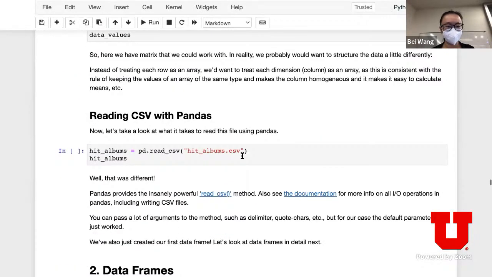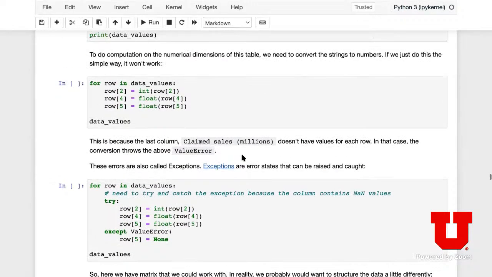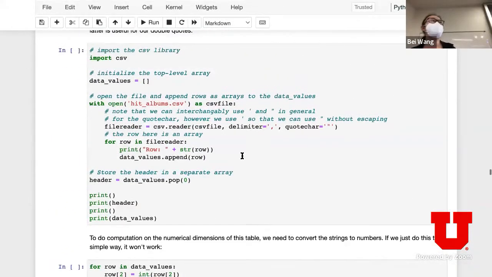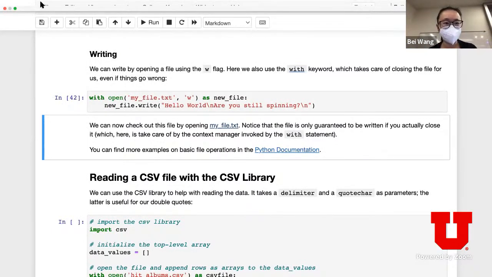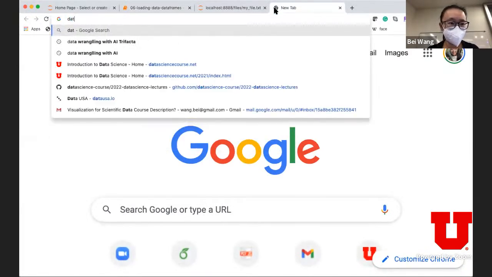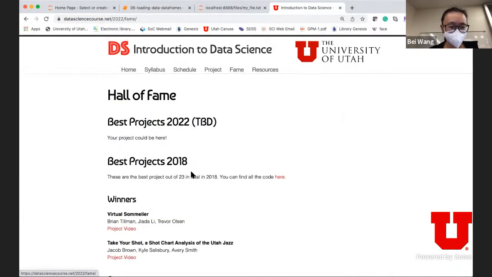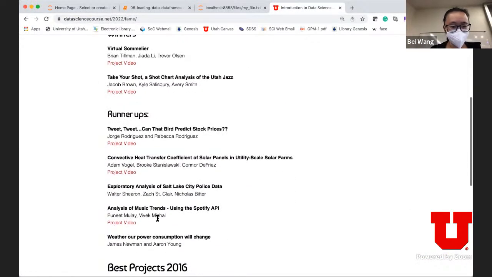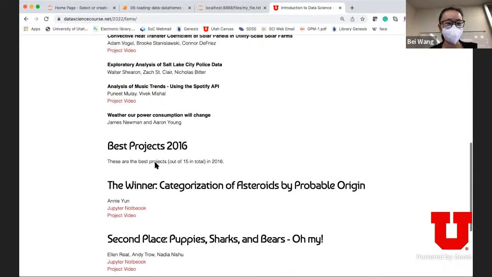I had a question. Yeah. Are there sample projects on the data science website, or are there any available? Yeah, just to get an idea. So there is the Hall of Fame, but I don't know if the code, I believe the code might be provided. Let me see. If you go to the webpage, datascience.net, you go to Hall of Fame. I think there are examples of projects. Actually, some of them do have Jupyter Notebook and some of them just have videos.